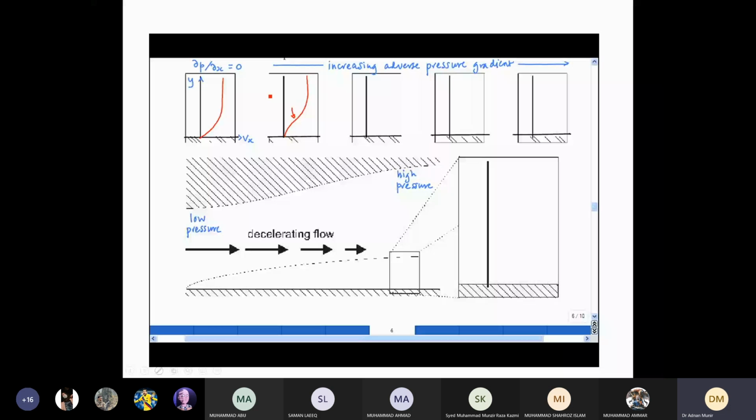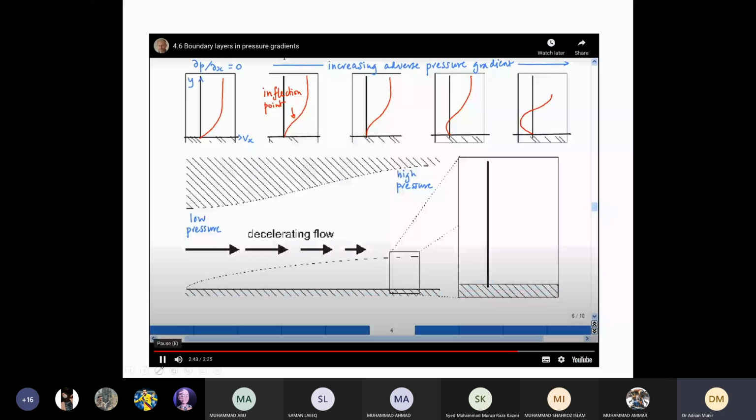As we increase the adverse pressure gradient further, there'll come a point where the velocity gradient is 0 at the wall, and then of course we always have to end up at the free stream velocity. As we increase it further, we'll have a region of reverse flow near the wall, and as we increase it even further, we'll have a strong region of reverse flow around the wall. So now you can clearly see that as we increase the adverse pressure gradient, we start having reverse flow like this, with the inflection point about which the flow is rotating, right?